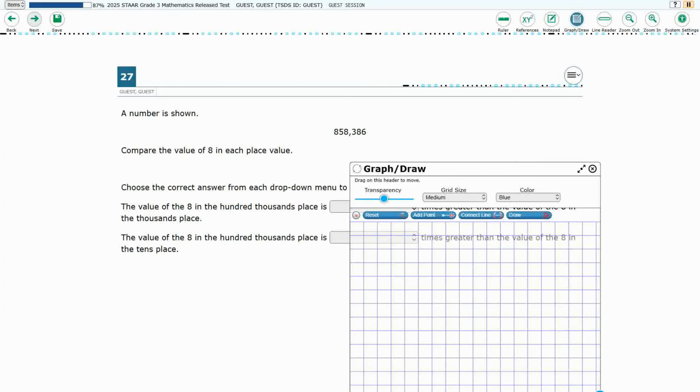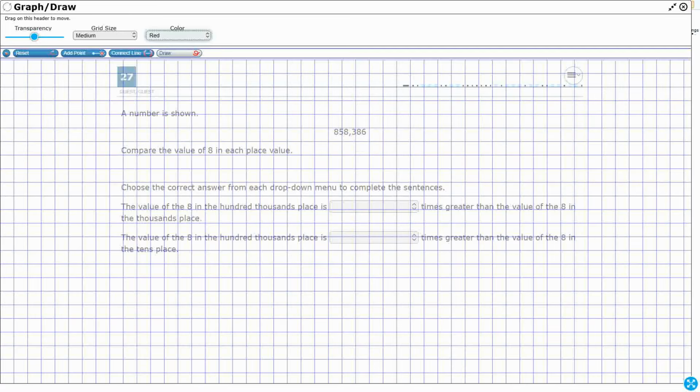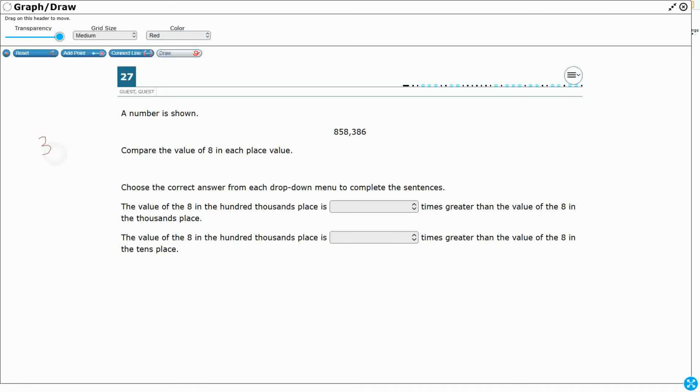Number 27, we are looking at 3.2b, place value relationships. This is a 2-point problem. We've got one point for each of these blanks that we're going to fill in here. And so let's take a look. We've got our